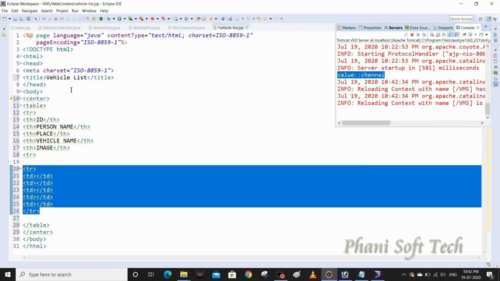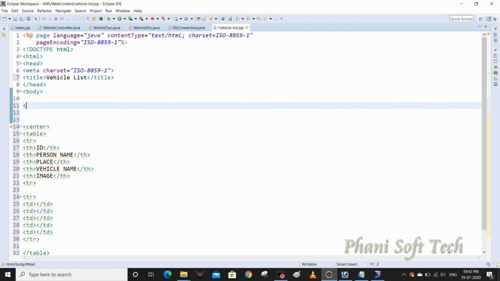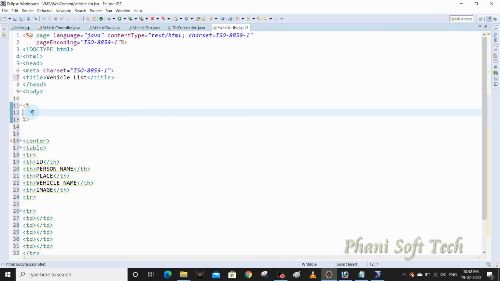Simply we can use scriptlets or EL tags, JSTL tags, whatever you want, no problem. As of now I am using scriptlets. Everything I have explained in previous videos, guys: what is a scriptlet, what is web application development. You just go ahead and check. I have also created an end-to-end project, student management system. I will mention it in the cards. It's very useful for many projects for BTech and MCA students.